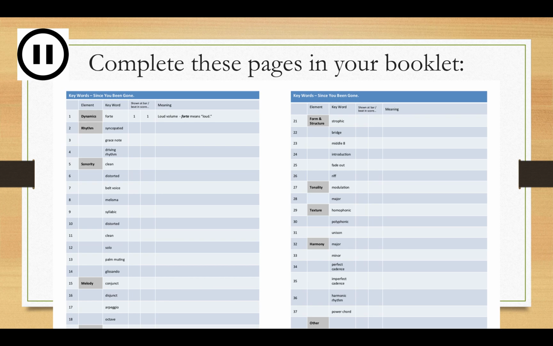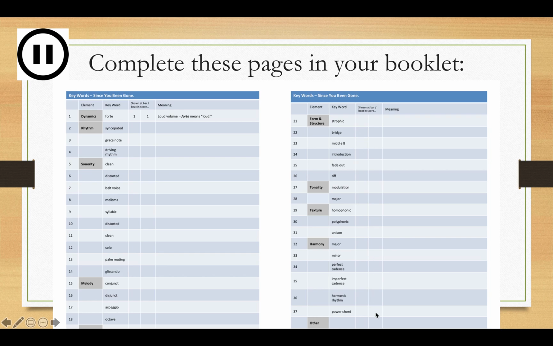Okay, another thing that's in your booklet is these two pages of vocabulary, which we started learning at the end of last term. I want you to go to these two pages, and some of you, like Fessel, I think you already completed all of these, so some of you already have these columns filled in. But if you don't, I want you to look up the meanings of the words on the left. Use things like BBC Bitesize, Google, your textbook to find out the meanings. Write your own meaning in words that you understand on the right, and then have a go at finding in the score where they come up.